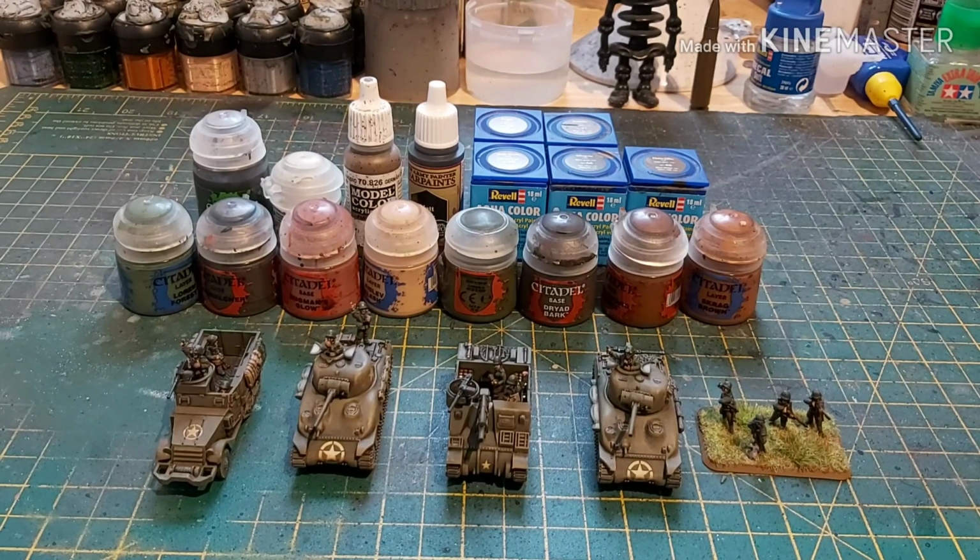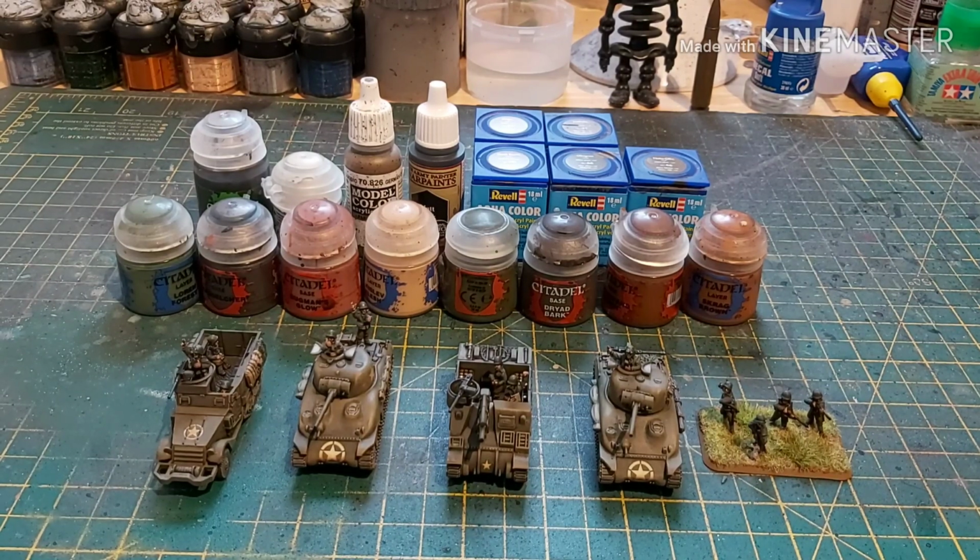But anyway, I highly recommend the Revell Aqua Colour if you are doing any sort of military vehicle, for any army, any scale, or even just for, you know, painting and building a model for the fun of it. Anyway, so